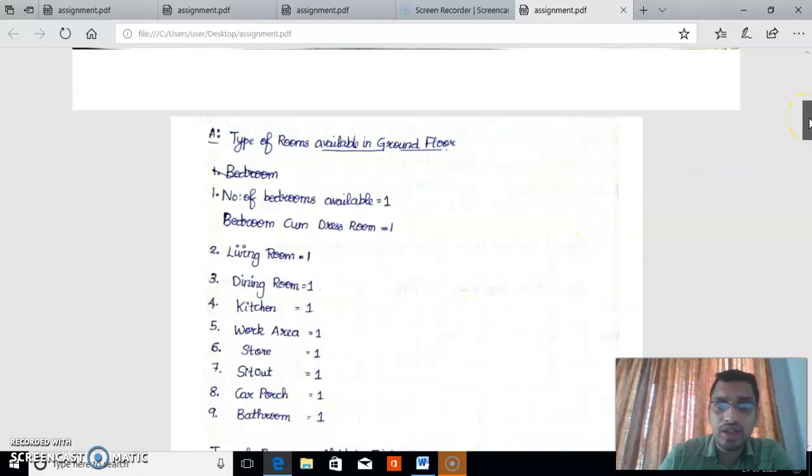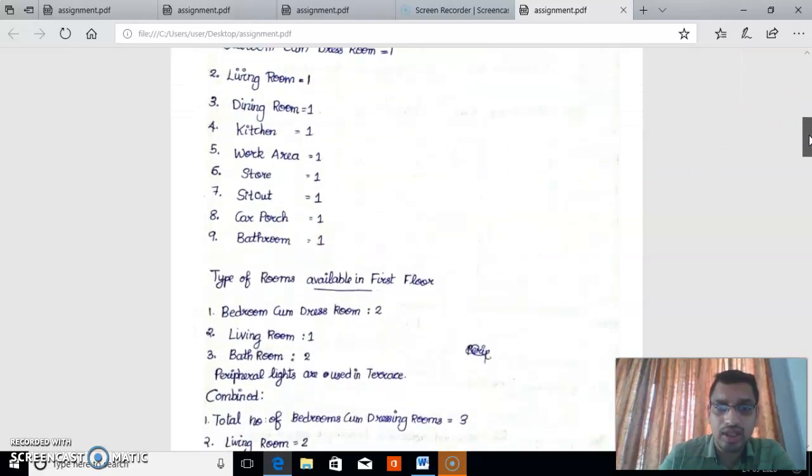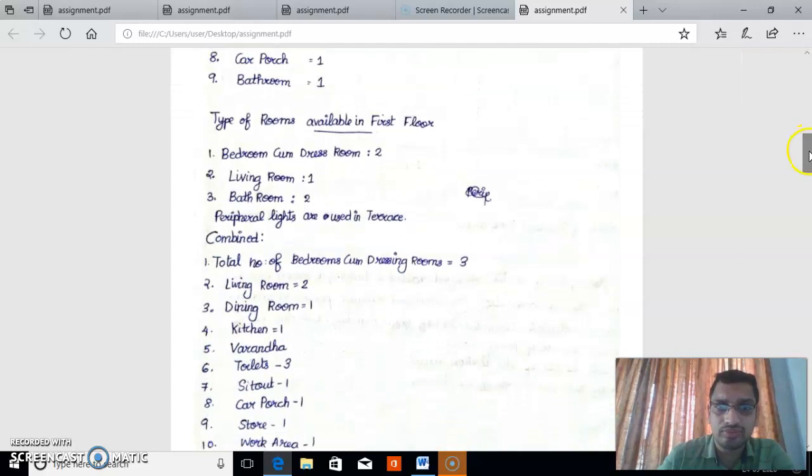Then coming to the first floor. Okay, type of room available in first floor. In first floor, we have two number of bedroom cum dressing room, one number of living room, two number of bathroom, then peripheral light, okay, used in terrace,